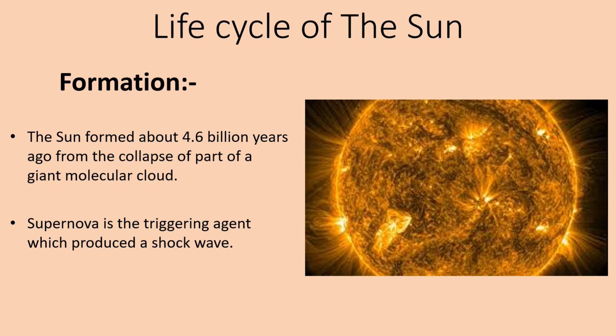Hence, much of the mass becomes concentrated in the center, which is the core, whereas the rest flattened out into a disk that becomes the planets or other solar system bodies. Thus, a giant molecular cloud is responsible for our solar system's sun. You can see in this image the yellow sun is the real image of the sun without the photosphere, without the visible light forming incident on the sun.